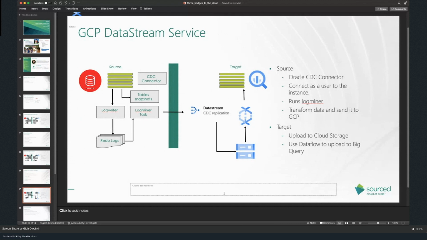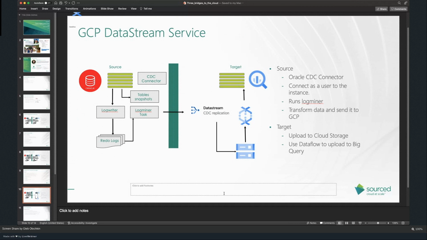Great. So we still have time, and let's talk about the Google Cloud Datastream service. We're talking about moving the data to Google Cloud in that particular case. Of course, it would be most logical to first use a Google service for that.